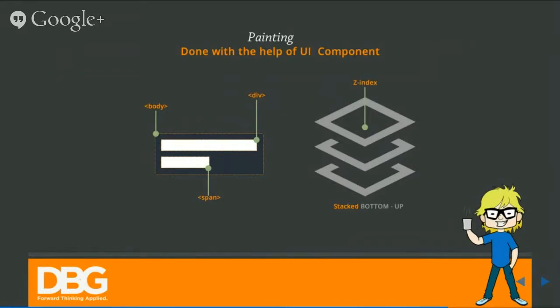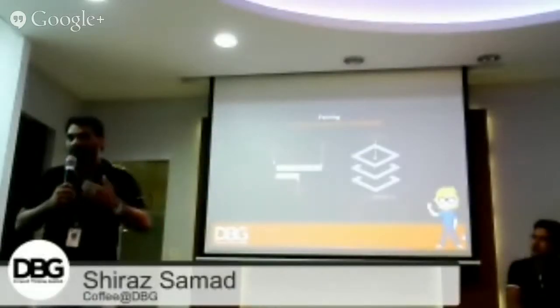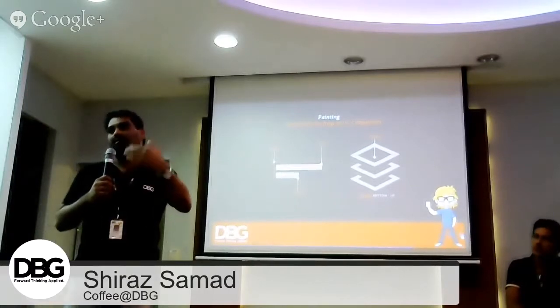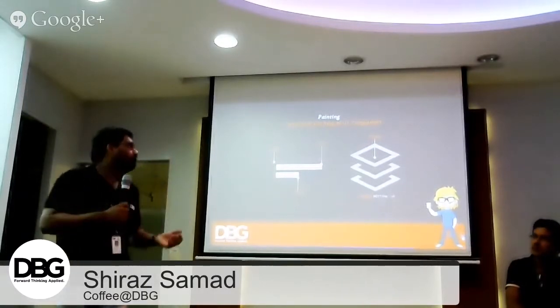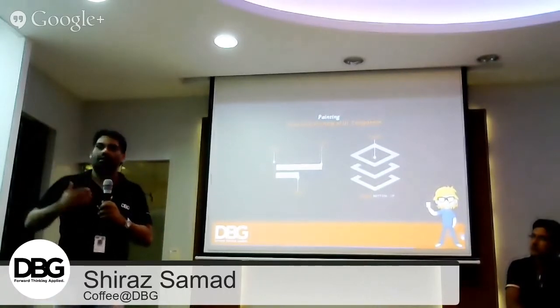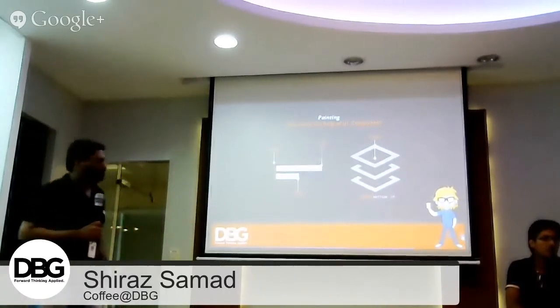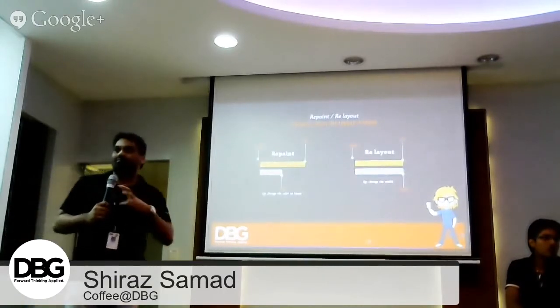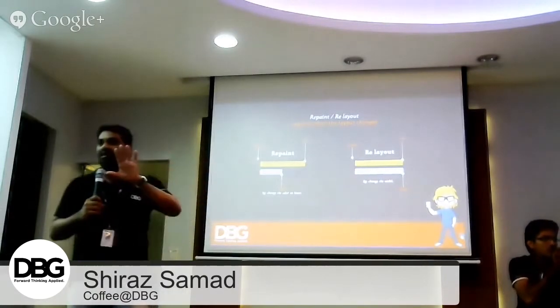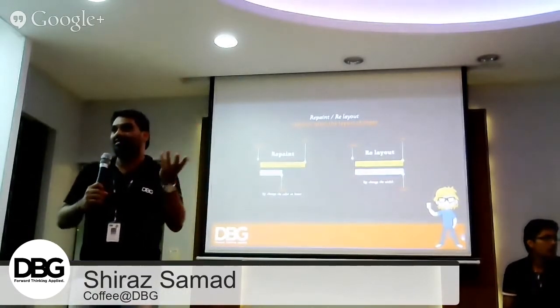We can stack one above the other, and usually the browser uses something called a stack to arrange these layers one above the other, the values one above the other, which comes to the front, which comes next. Here the browser paints, and our web page will be seen, and we can see it.